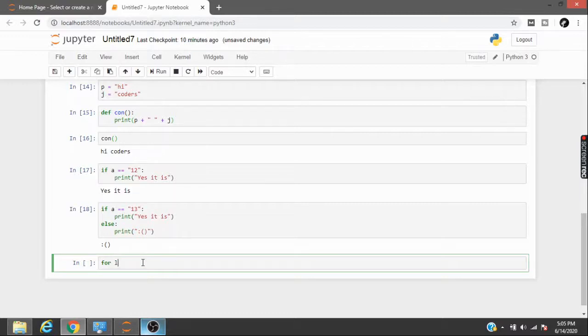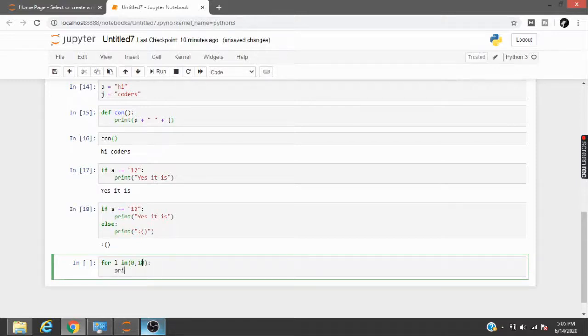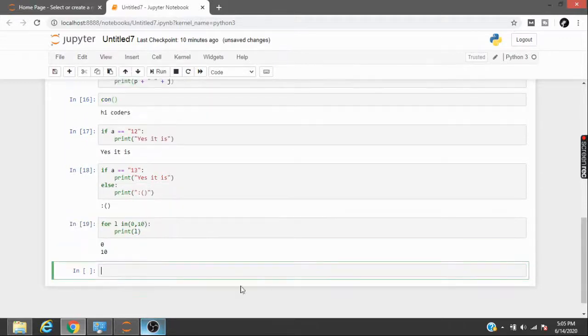Let's go with L, and then we have to state the ranges. So in, if we want to type from 0 to 10, which is basically a simple counting that we'll be doing, and we'll print L here and see what the result is. We have 0 and 10.